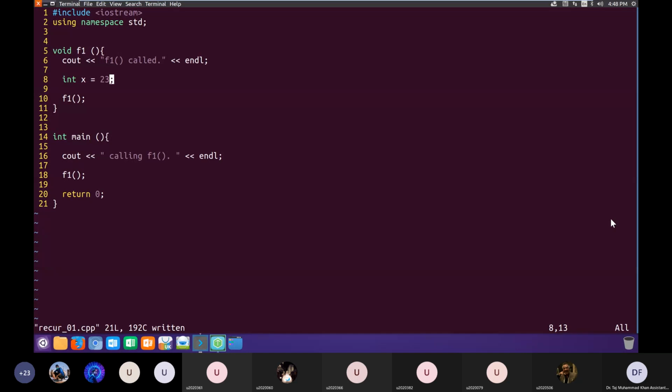Let's come back to this comment that it is being created and destroyed. You guys are saying that this variable is being created every time f1 is called, but is it being destroyed or not? Okay, so local variables are destroyed. When are the local variables destroyed, Usman Tahir? When are the local variables destroyed?